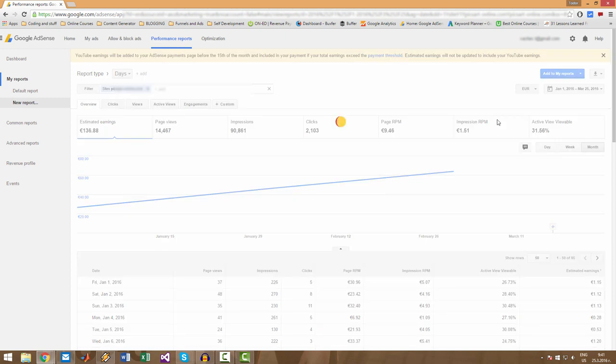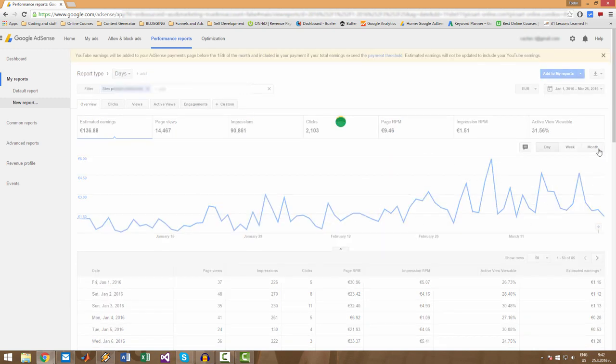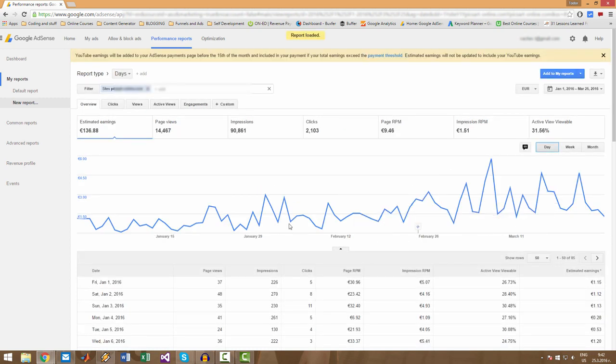So I usually like to stick with days. I like to see a lot more information. It's much more informative. You see that you have ups and downs, and you can see this with the months, for example. Here I can see only a straight line. Here I can understand that my income from this website is growing for each month, but I can't see the ups and downs here, so I can't make any estimations about it.